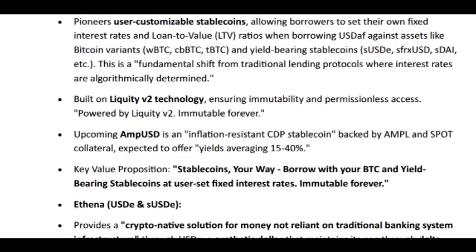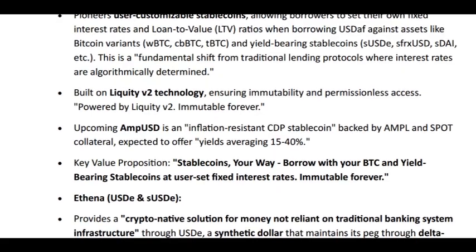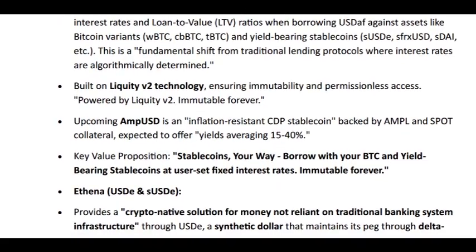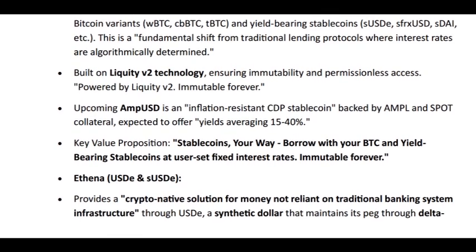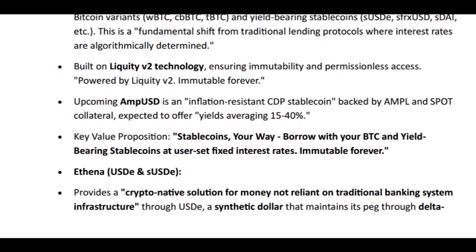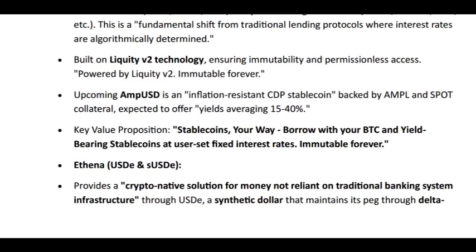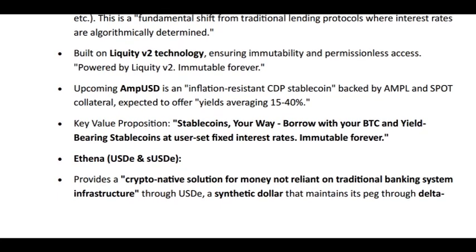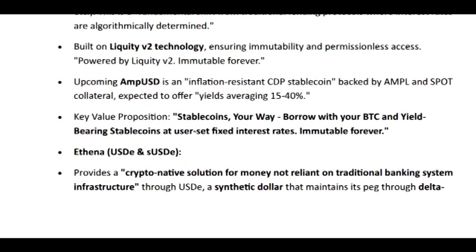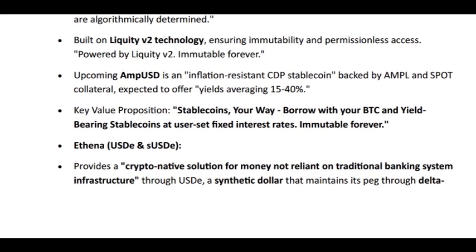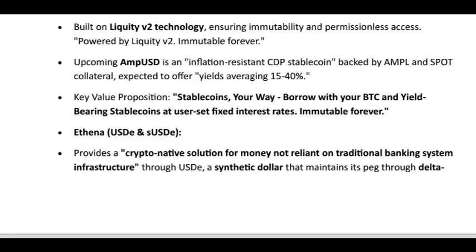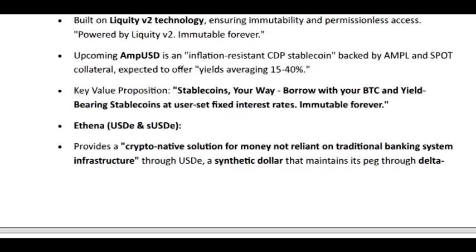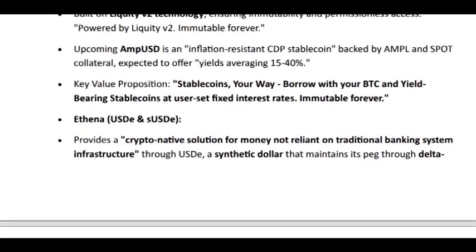And this is built around their stablecoin, USDF. Exactly. USDF, described as an immutable synthetic dollar built on Liquity V2. Immutable forever, the material claims, and leveraging that Liquity V2 base. What about the backing? The sources mention high-quality assets, those Bitcoin variants we talked about, plus those yield-bearing stables. And they see a big market for this. Yeah, the sources cite a potential target addressable market of $41.8 billion. So they're definitely aiming high.